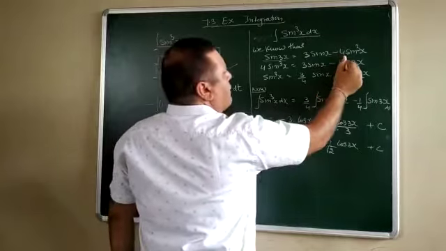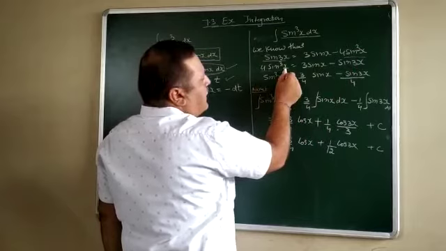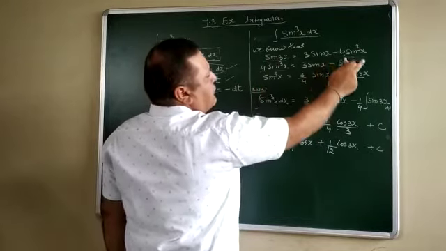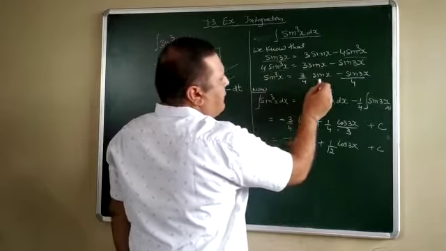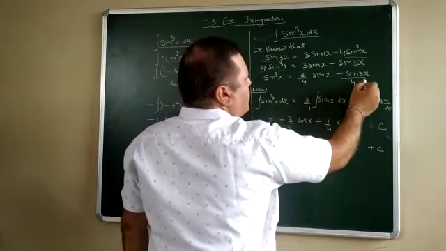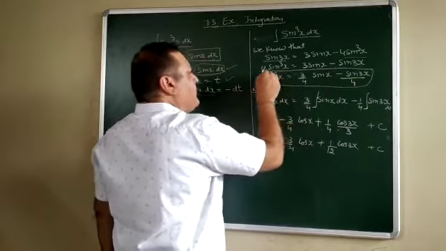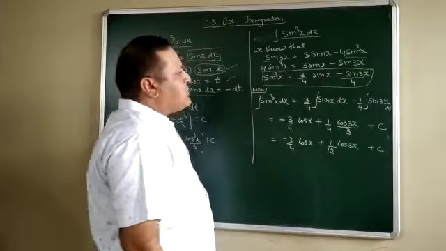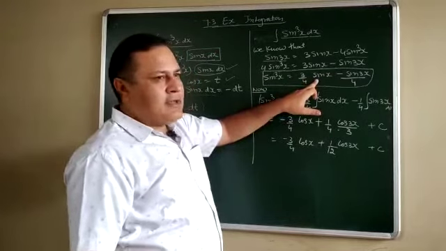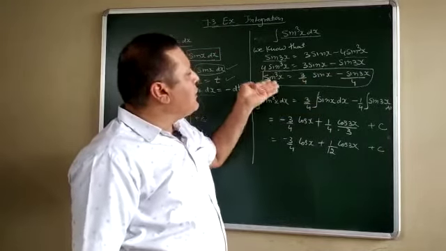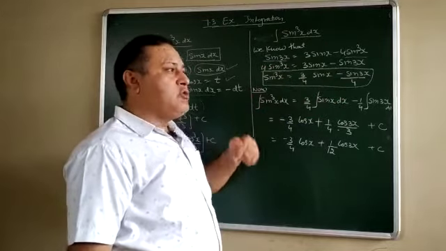From here we find out the value of sine cube x. This minus 4 will be transferred to this side, it will become 4 sine cube x. This sine 3x will be transferred to this side, it is 3 sine x minus sine 3x, divided by 4. It is 3 by 4 sine x minus sine 3x by 4. If you observe this statement carefully, this cubic function is changed into a single function, because we know the integration of sine x easily. So it is a way to convert a cubic function into a function whose integration is known to us.